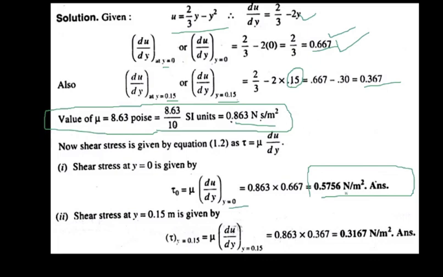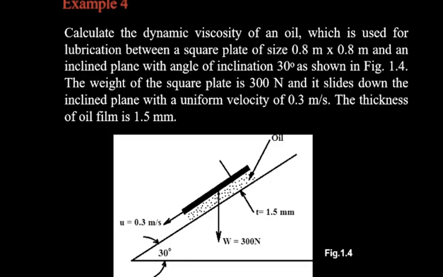Newton per meter square. So shear stress at y 0.15 meter is given by the same, wherever the mu value is there, 0.863, where du by dy at y is equal to 0.15, we have to add this 0.367. So we'll get the answer as 0.3167 Newton per meter square. So like this, problems will be given to you. Simple problems will be asked. So next